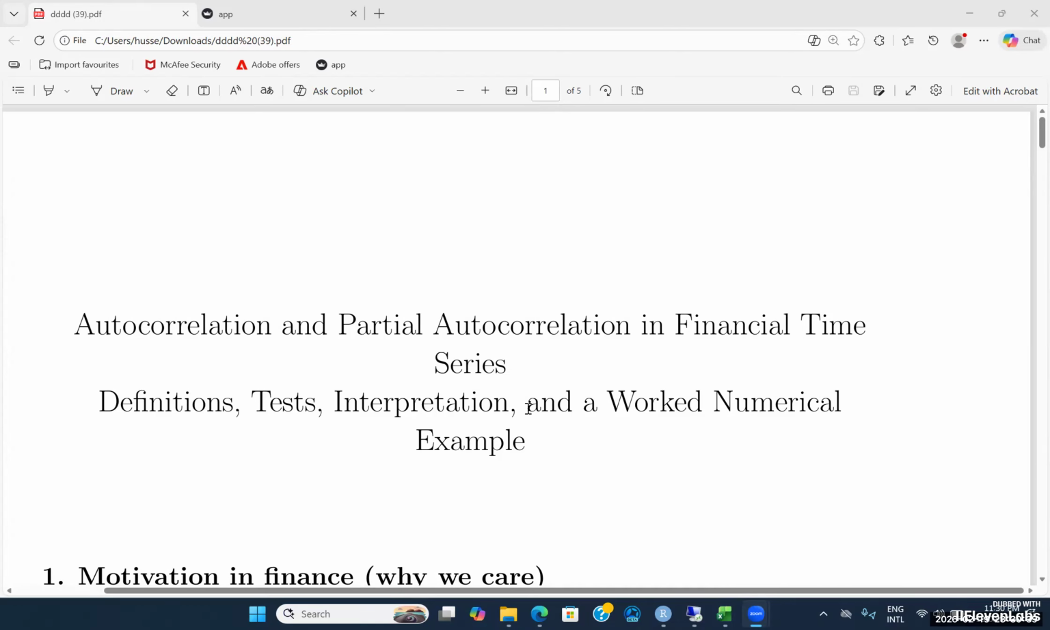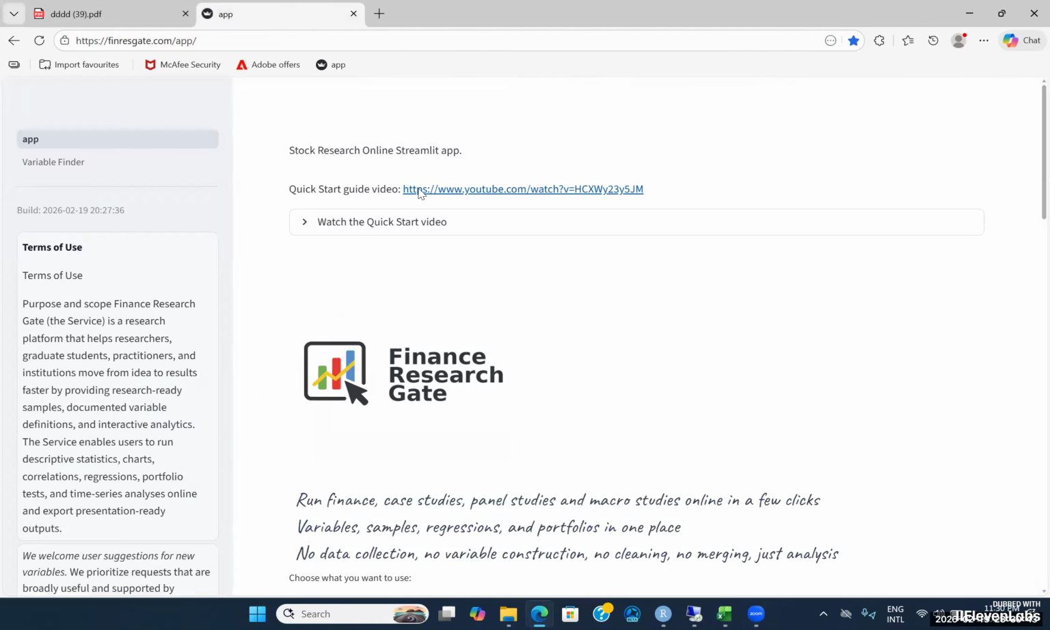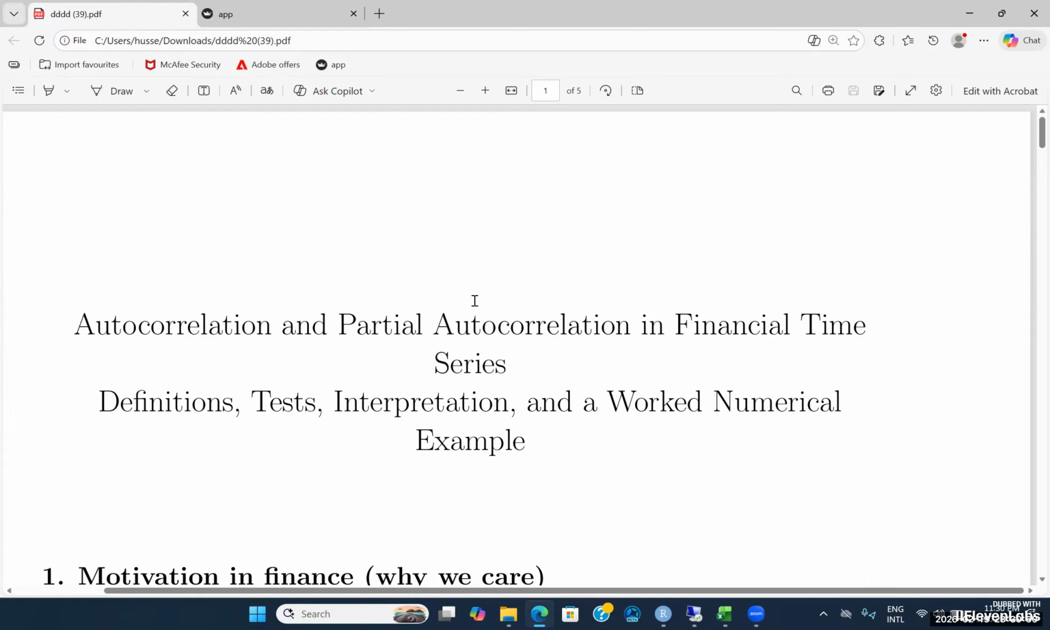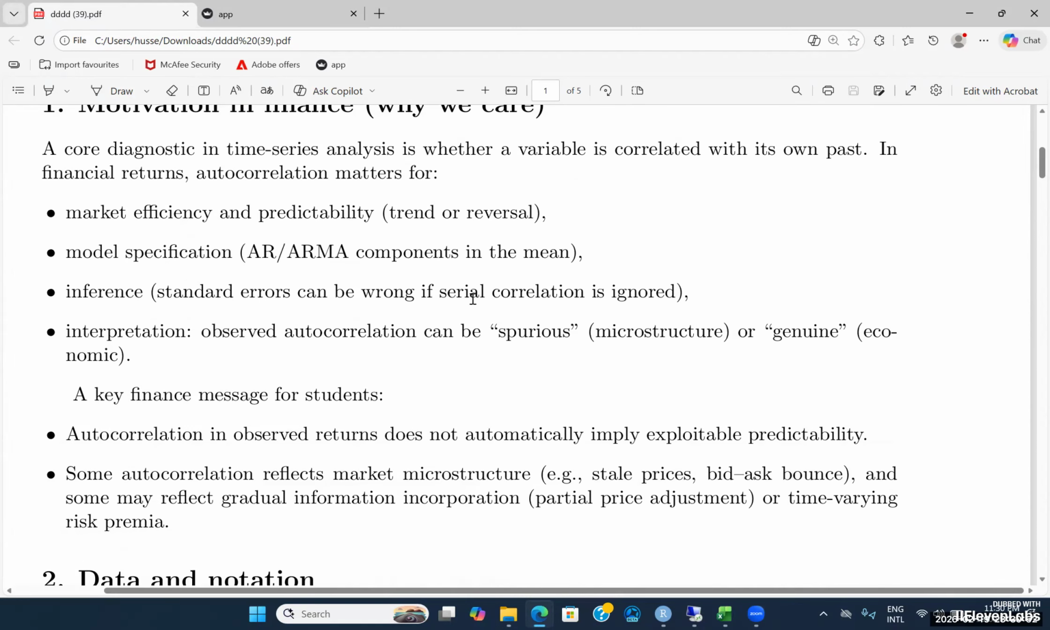Today, our focus will be on a crucial statistical concept known as autocorrelation, which is particularly important when we are analyzing time series data. As is our customary practice, we will then proceed to apply this theoretical understanding in a practical manner, utilizing the valuable resources and tools available on the Finance ResearchGate website. However, before we delve into the practical application, it is absolutely essential that we first thoroughly understand the underlying mathematical